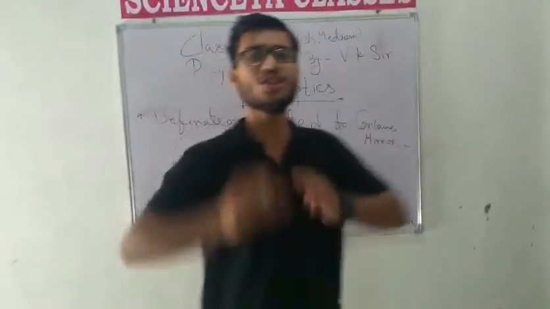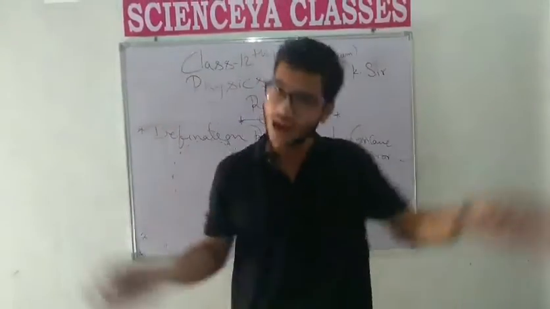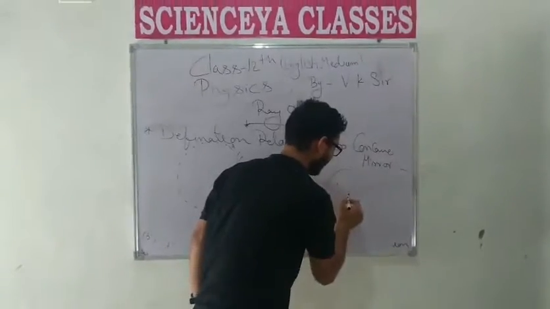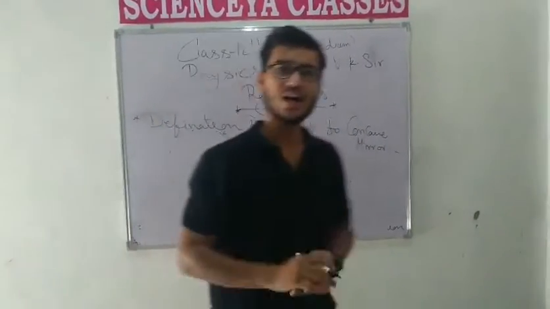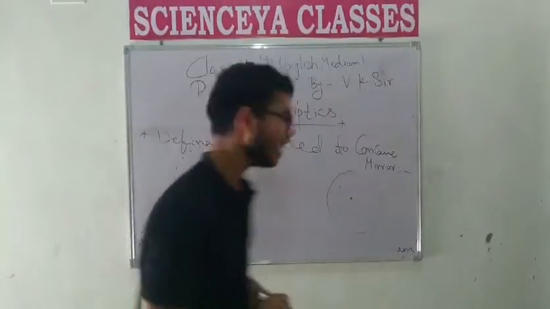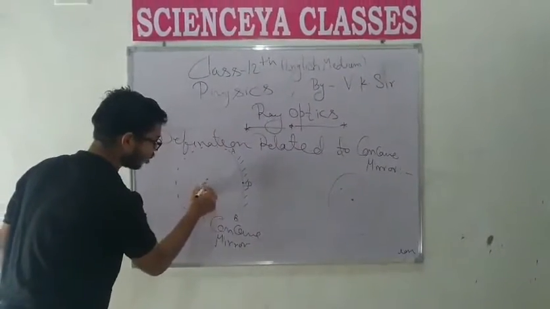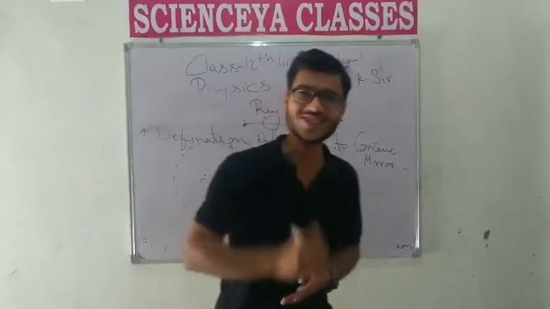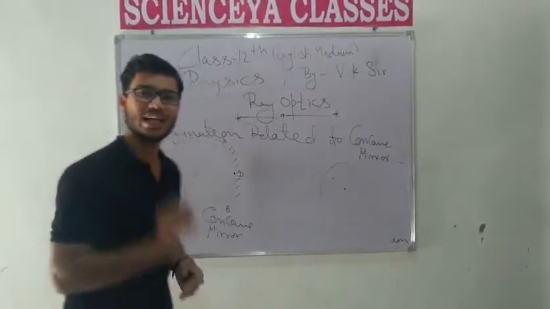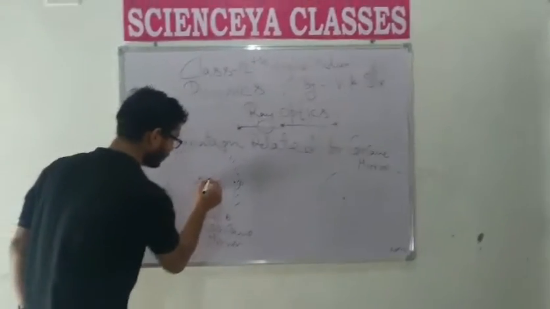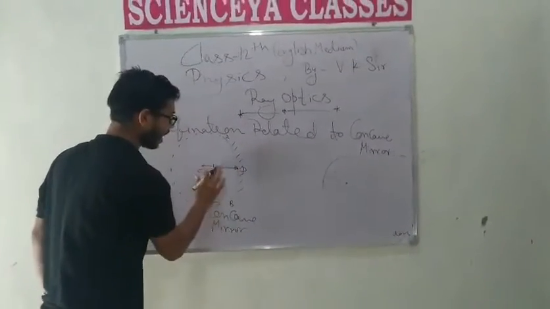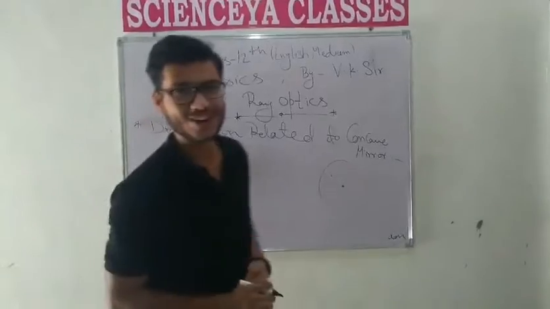Suppose in 3D this concave mirror is a part of a sphere. Like a circle has a center, similarly a sphere also has a center, and the center of the sphere is called the center of curvature, which is the center of this concave mirror. We also discussed in the last class the radius of curvature, that is the linear distance between the center of curvature and the pole. It is noted by capital letter R.